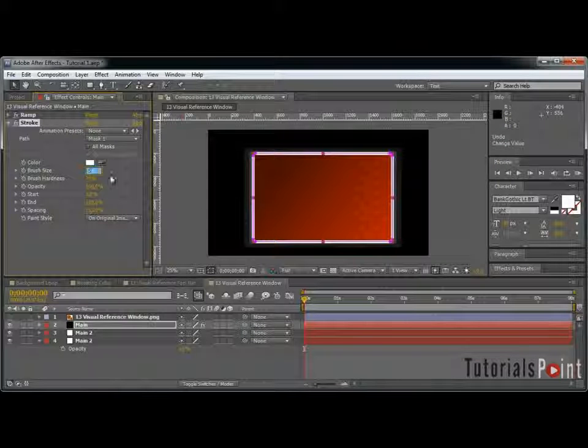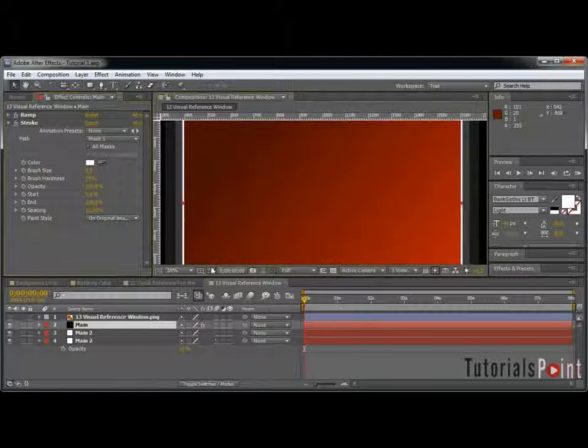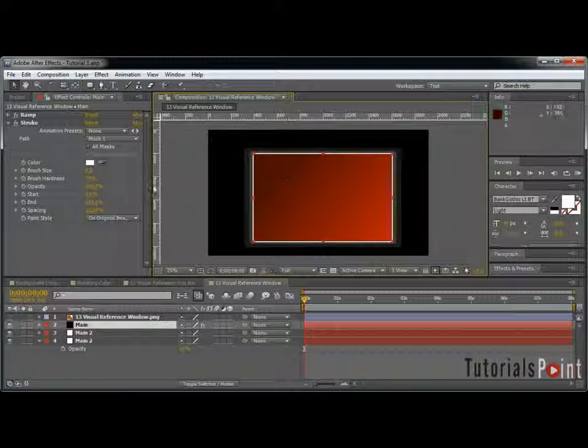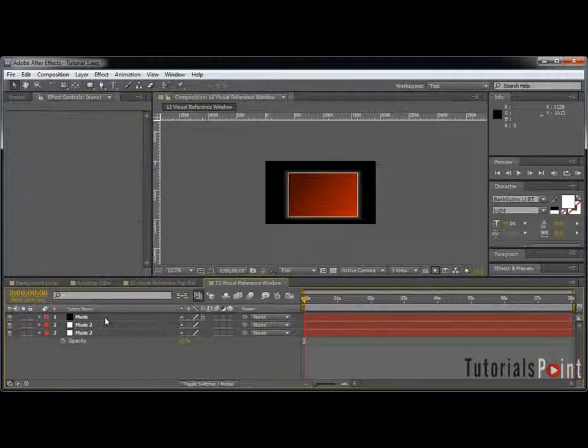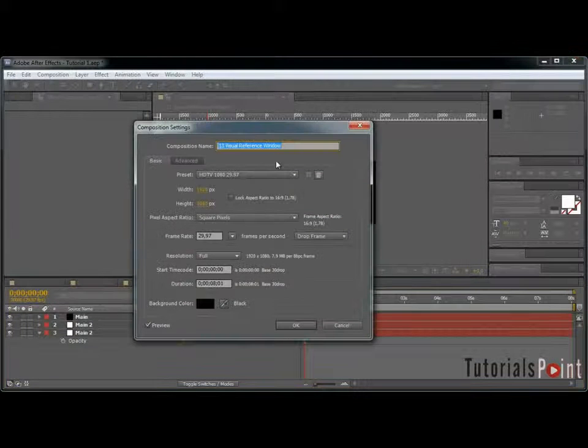So keep the stroke at 5 and increase the brush hardness to 100%, and basically that's it for this element. So let's delete the reference and rename this main window,